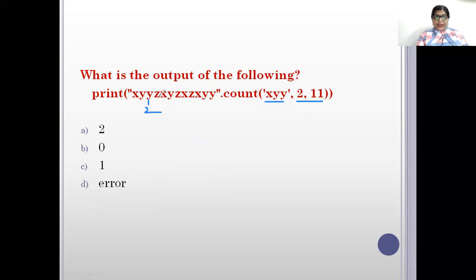It's 2, 3, 4, 5, 6, 7, 8, 9, 10. So here it is 10. Now just count XYY. Here no XYY is combined together. So the answer here will be B, meaning 0, because no XYY is to be counted over here.